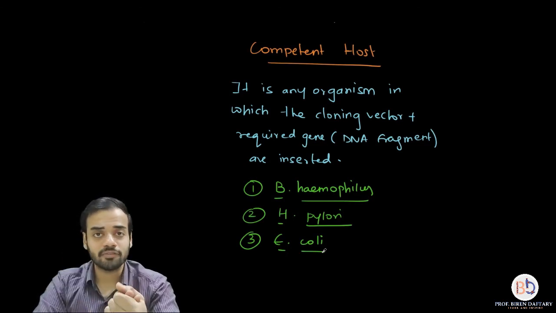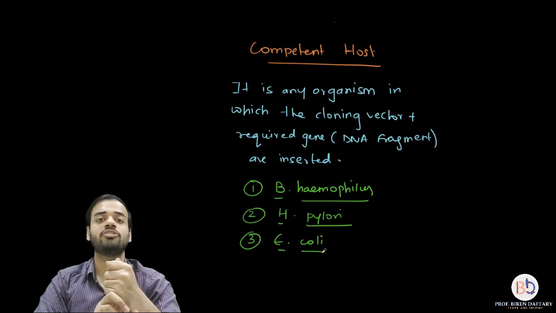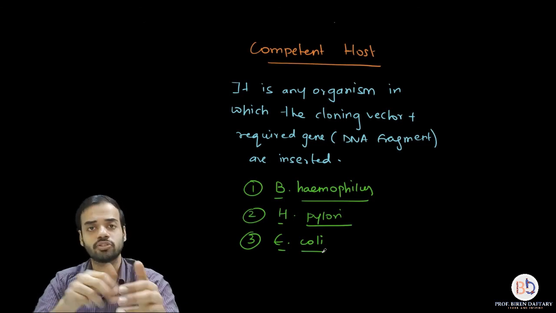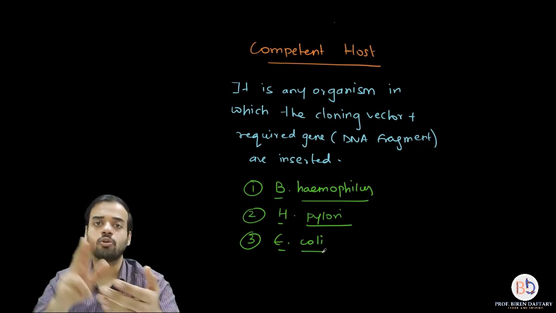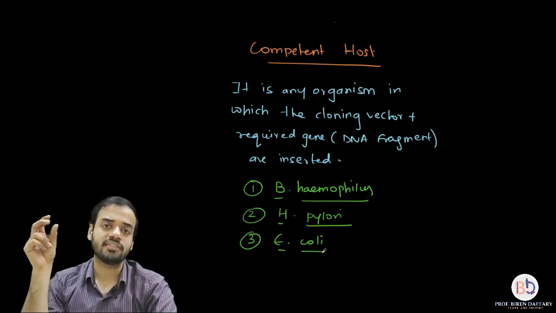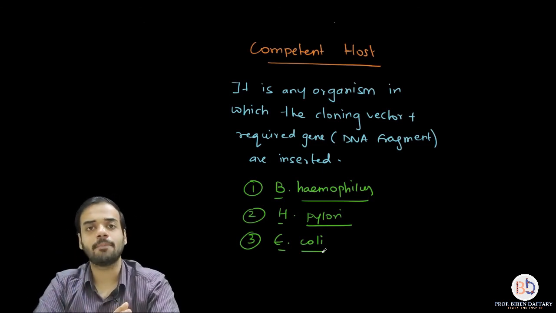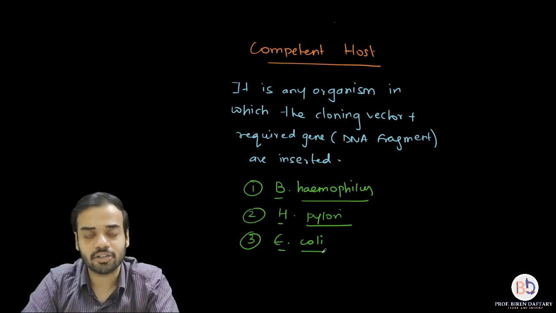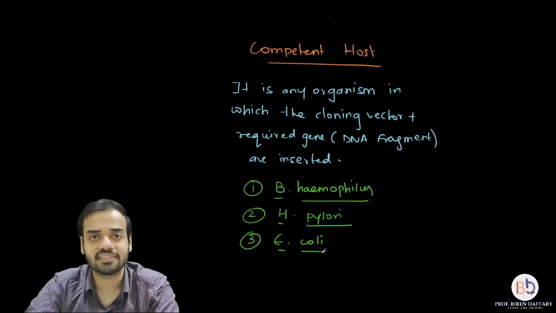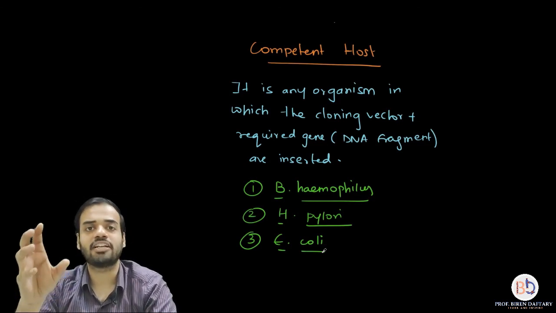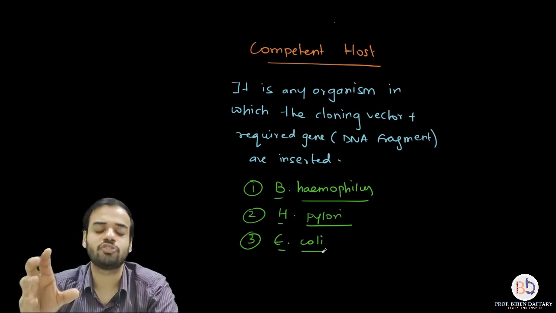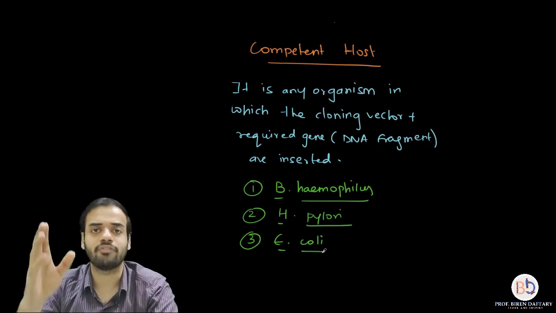The second part we studied today is about the biological tools which are used. Three tools are used: enzymes, especially restriction enzymes, cloning vectors, and the host into which both the desired gene and the cloning vectors are inserted. So with that, our tools and techniques part for recombinant DNA technology is complete. In our next lecture, we are going to begin with the actual recombinant DNA technology, which should be very easy if you have understood everything up till now.